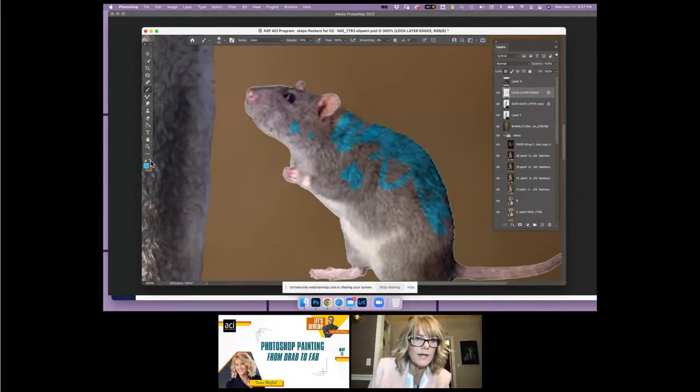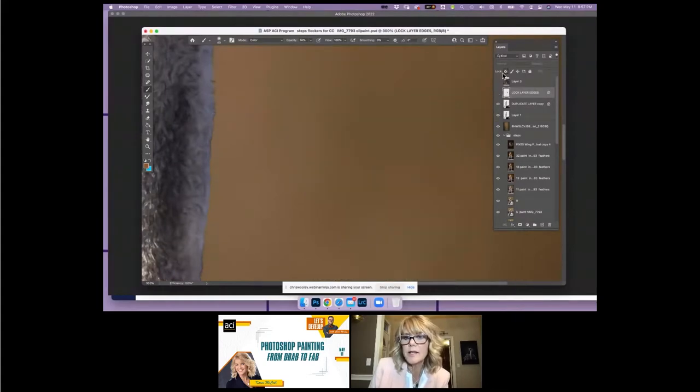She goes, I don't want it white. How do I change it? And so that's what we did. So that's locking your layer. It works marvelous. Okay, so let's go back to,